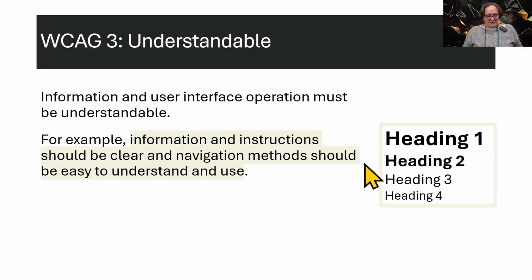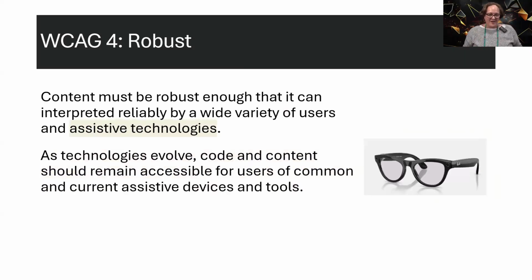With understandable, the information and instructions should be clear and navigation methods should be easy to understand. So we need to make sure that we're using our headers in the appropriate order. We also have descriptions with links, that sort of thing. And then robust, we do have quite a few assistive technologies. If you haven't looked at student services, the ones that are facing our students with disabilities, it might be a good idea to contact them just so you know what assistive technologies the institution is providing